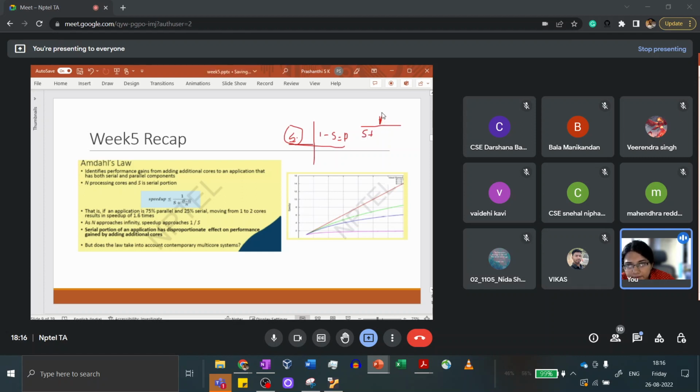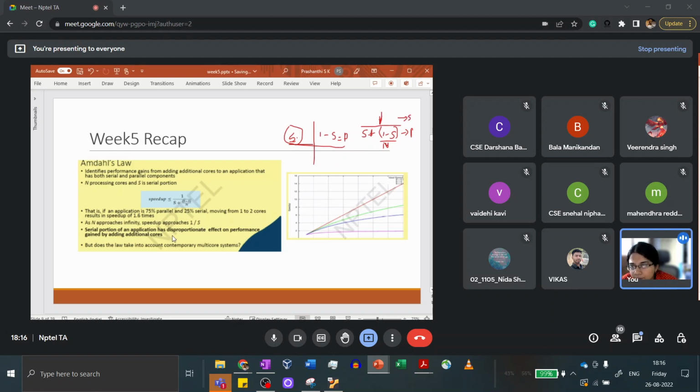So another way to do this is to say that this takes the same amount of time, whereas the parallel portion of the problem, which is 1 minus S, now takes much less time, because you can split this work among multiple processors that you've added, multiple processing cores, which here is n, right? So this 1 minus S will run n times faster, or (1 minus S) by n units of time. So this is the time that the parallelized version of the problem takes, and this is the time that the sequential version of the problem takes, right?